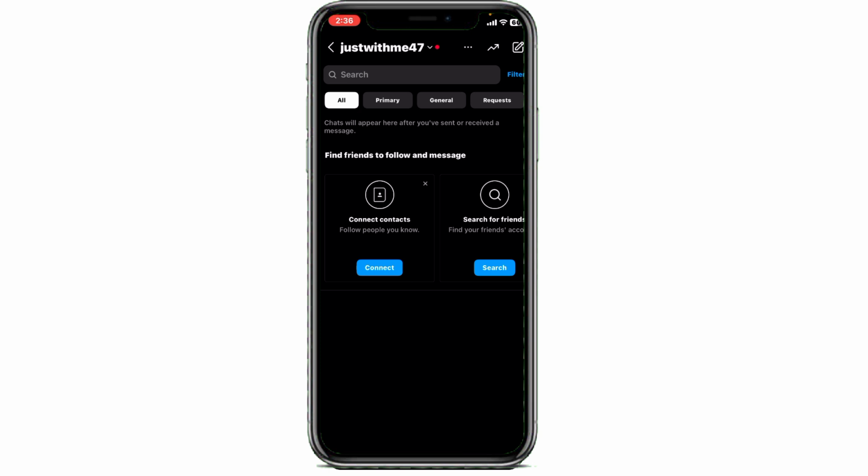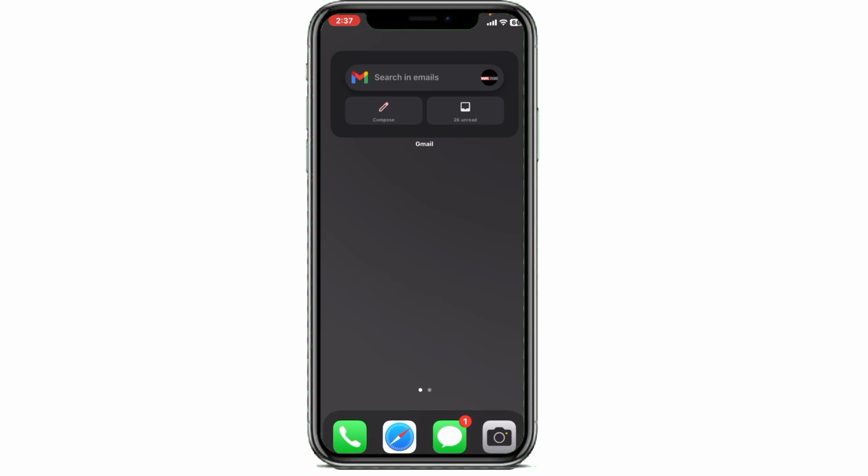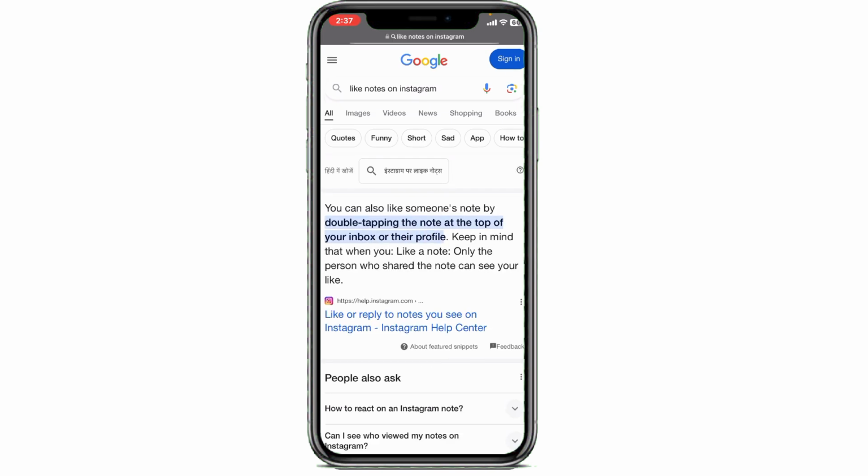How can you simply react on it or like it? To like any note, this is quite simple. All of you can know that you simply have to double tap on the note, between the circle, and then the note will automatically be liked from your account to their account, and they will get a notification of it also. If you don't believe it, you can search it on your Instagram here, like Instagram